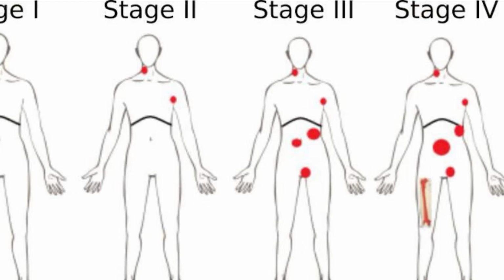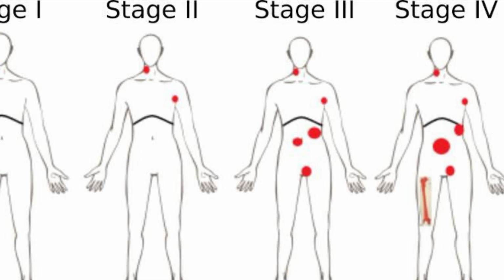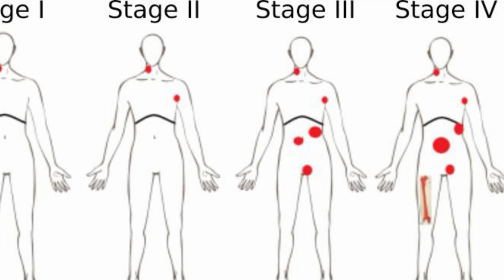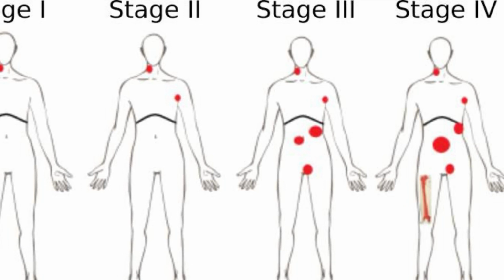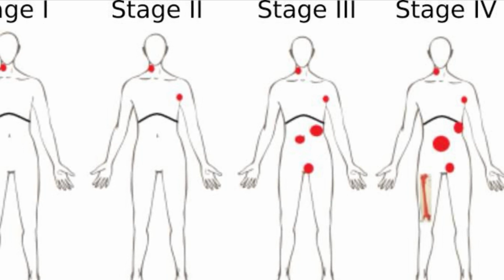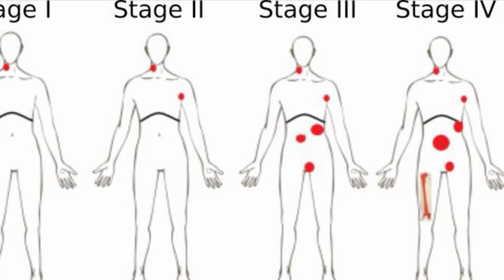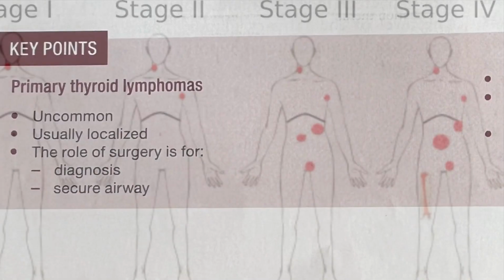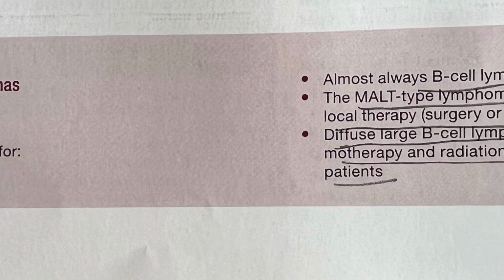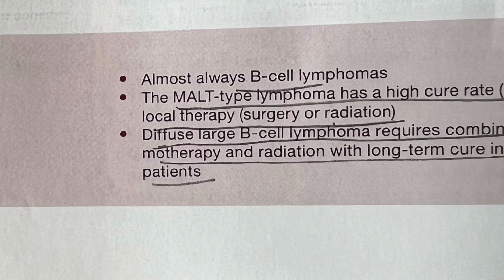If the FNAC biopsy is diagnostic, then the surgical role is limited, and most patients are treated with chemotherapy, radiation therapy, or a combination of the two. Most of the time there is large B cell lymphoma in the thyroid. If there is MALT lymphoma, MALT meaning mucosa associated lymphoid tissue, then surgery is curative if it is limited to the thyroid. If this MALT lymphoma extends beyond the thyroid, then you have to add chemoradiotherapy for the patient. But most of the time these lymphomas are large B cell lymphoma, which can be treated